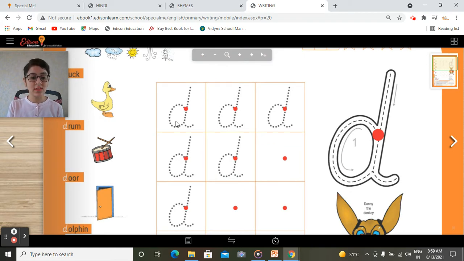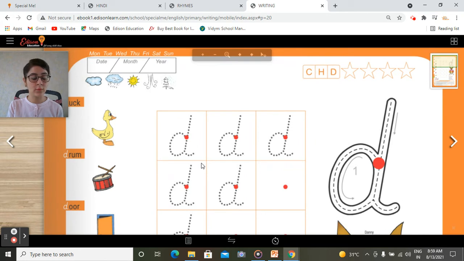Okay, so this is all about letter D. You have to write only these 6 letters of the tracing part only. Okay, moving on to next.